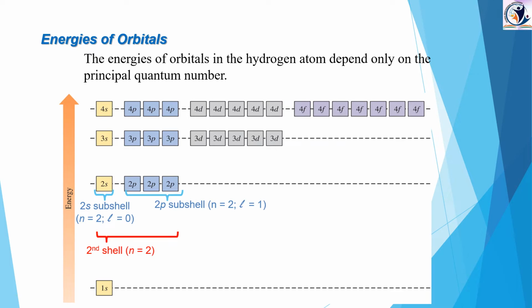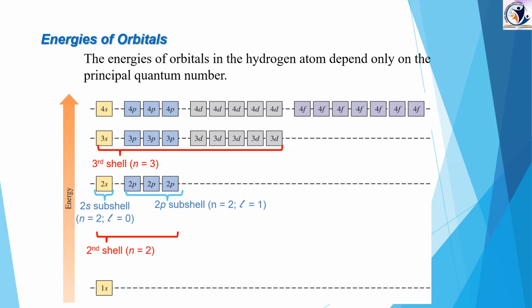For a principal quantum number, whatever the number of the principal quantum number is, that many subshells will be present. Let us see another one. Suppose the principal quantum number is 3, how many subshells will be present, children? 3 subshells will be present. Let us see that too. For the third shell, n is equal to 3, so how many subshells will be present? 3 subshells: 3s, 3p and 3d.